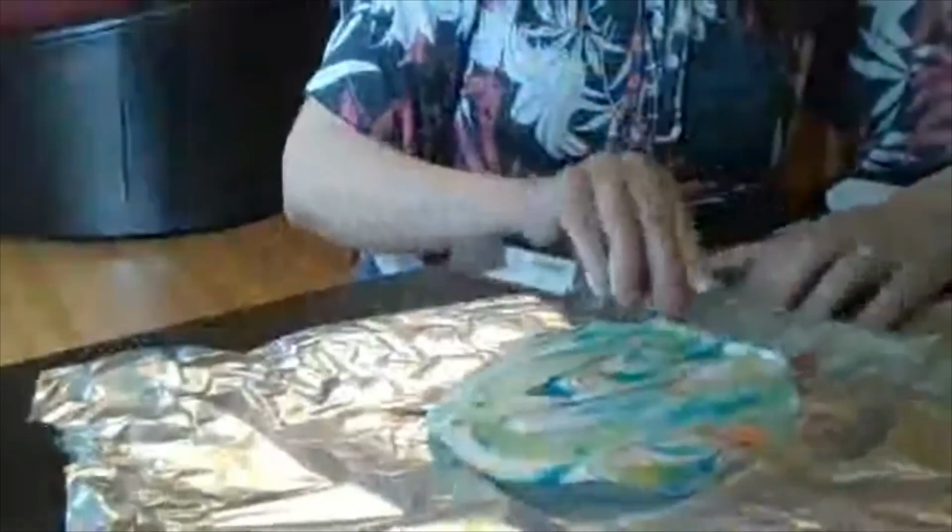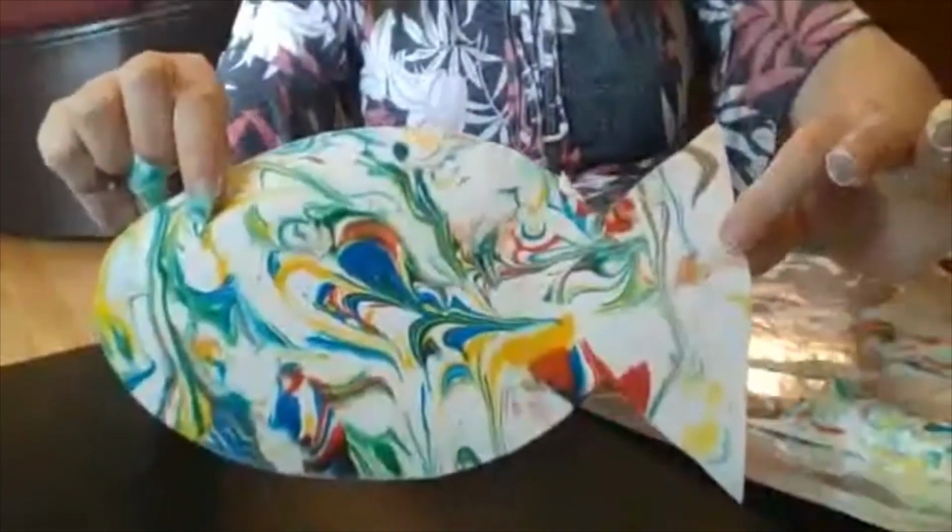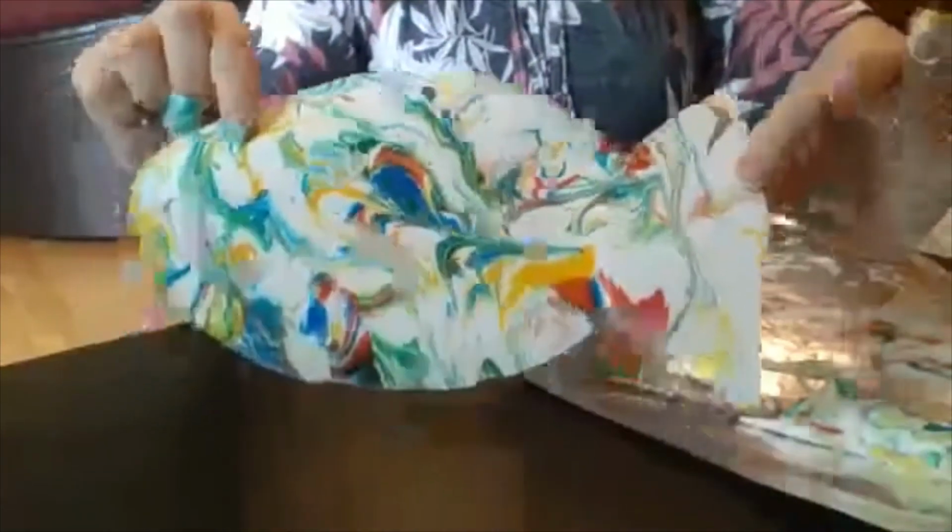And then you're not done yet. Then you have to get the shaving cream off of your fish shape. So you take your straight edge and you smooth off the shaving cream. And then you have made a beautiful printed fish. Look at that. That is something to put on your window. And you can use, I have shaving cream